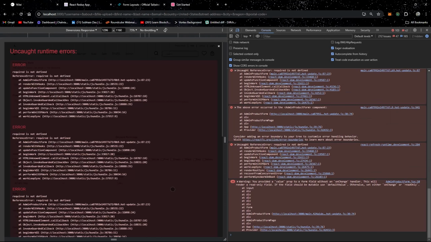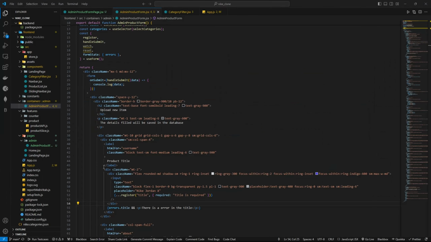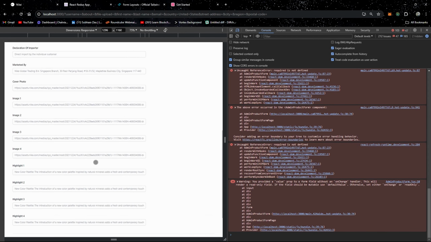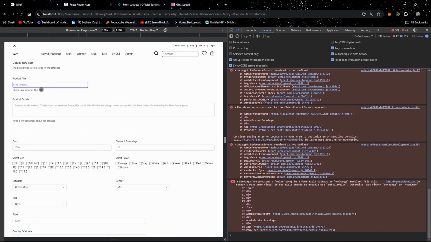Okay, I have saved it, and let's see, maybe I have written required. Okay, whatever. Now hit save, and now it is giving me an error that there is an error in the